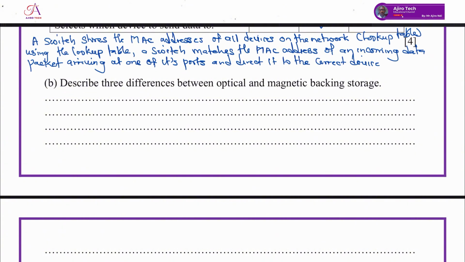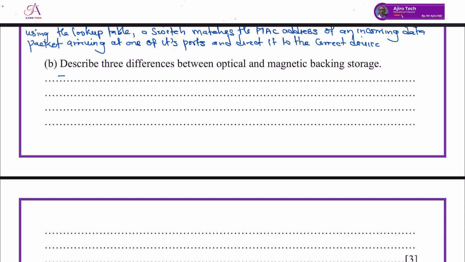Describe the differences between optical and magnetic. Opticals are your CDs, DVDs, and Blu-ray. Magnetic are your magnetic tape, your fixed hard disk drive, and your portable hard disk drive. So what are the differences between them? The marks will always tell you the point, even if it's not mentioned. In this case, it is telling you how many they want. So the first one: optical data is stored using laser,